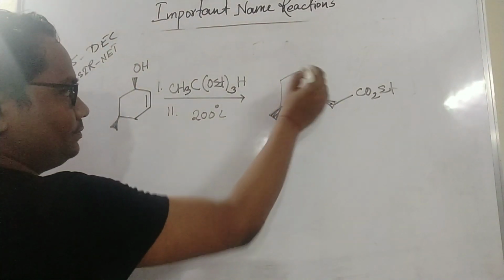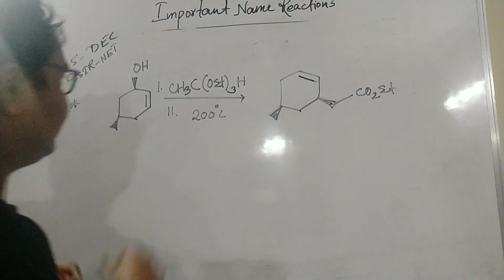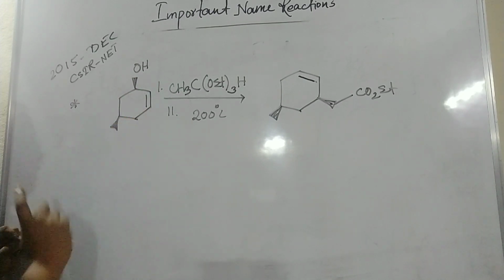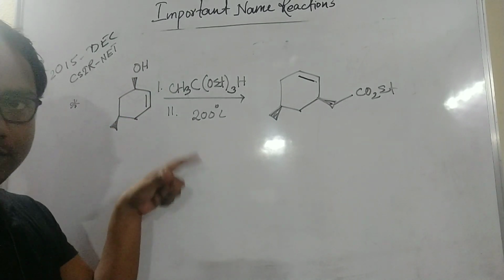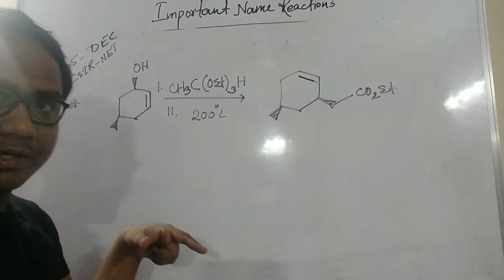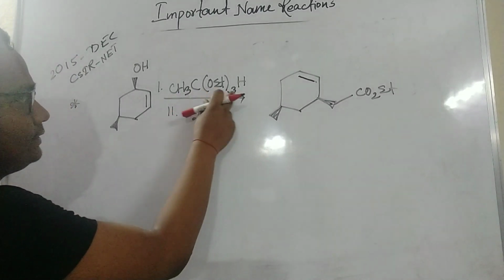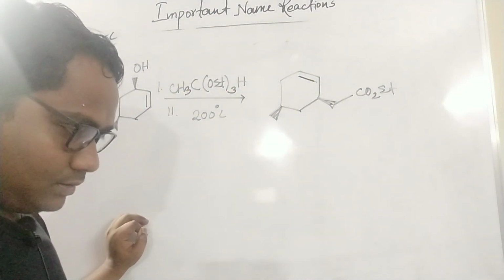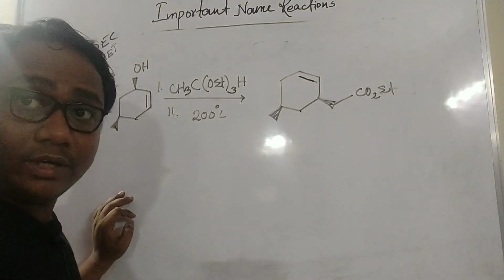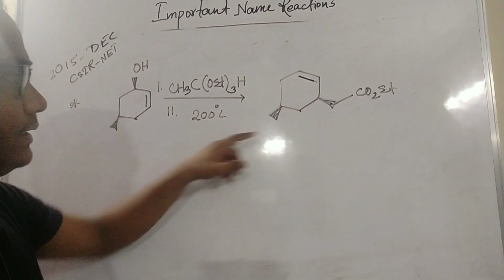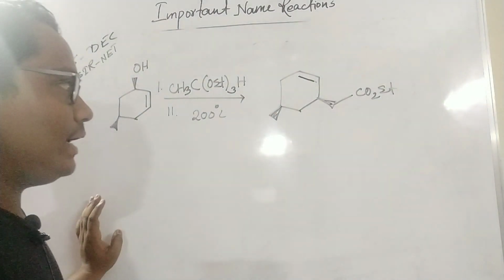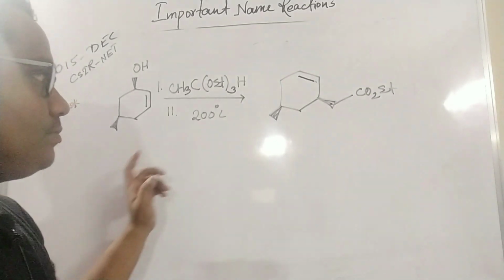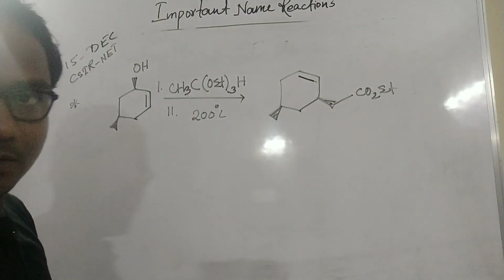Here a double bond is there. So see what happened here. They took one alcohol of this type, with one methyl group. I previously told you that this allylic alcohol type molecule participates, and they will take this acetyl type compound, and heating, and this is the product. Why am I discussing this example? Because every time they ask this type of stereochemical example.